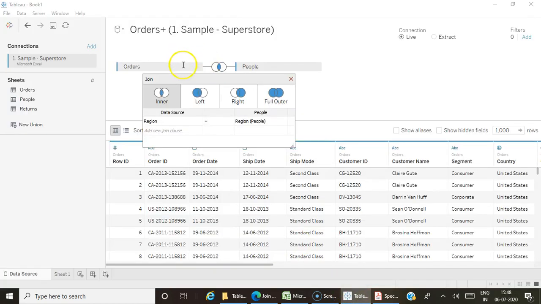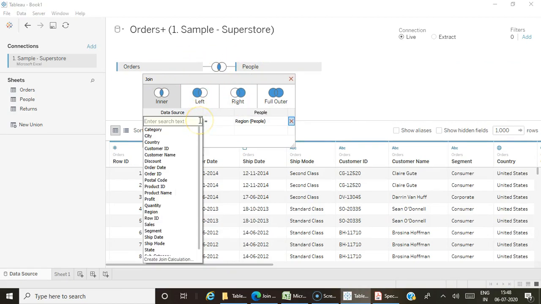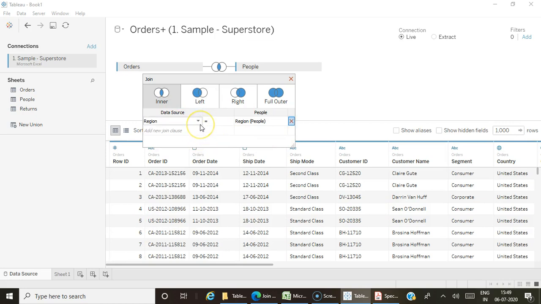Here also when I join orders and people, you can choose the corresponding column, the common column between these two tables. By default, if you have the same name, Tableau itself automatically creates the relationship. For example, I have region in both the tables, so Tableau automatically created the relationship on region.